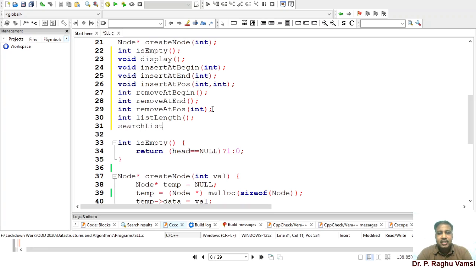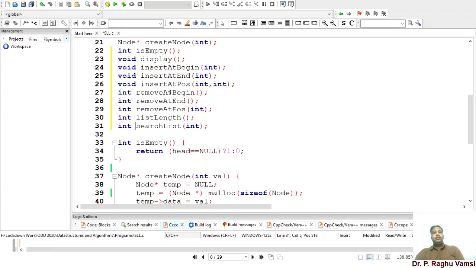Search list for which one? Some value, int. Search the list for some integer value. If the search is successful, it will return success, that is 1. If it is failed, then it will return 0. That is the reason I have kept the return type as integer.